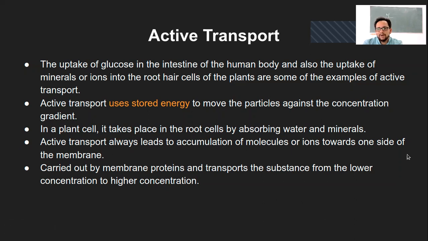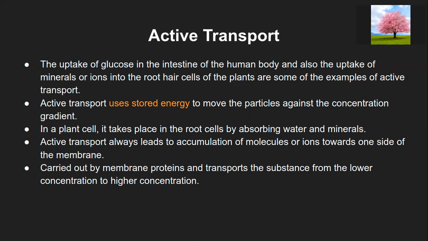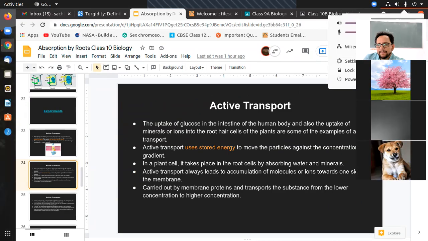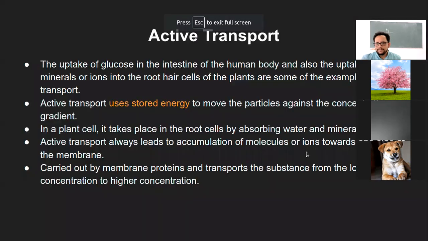Now, Akshay, you have a question? Yes, sir. So in the example which was there in the last slide, why would there be a higher concentration in the root hair cells? If there was, it would have been moved and gone to the plant, right? For the manufacture of glucose and stuff.